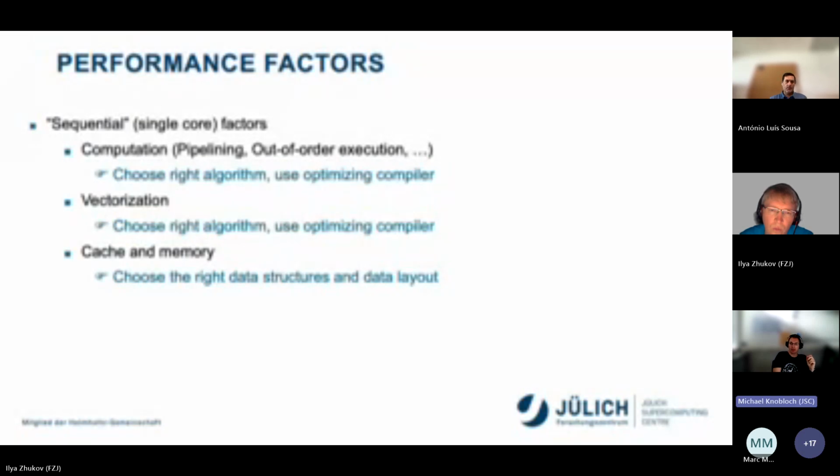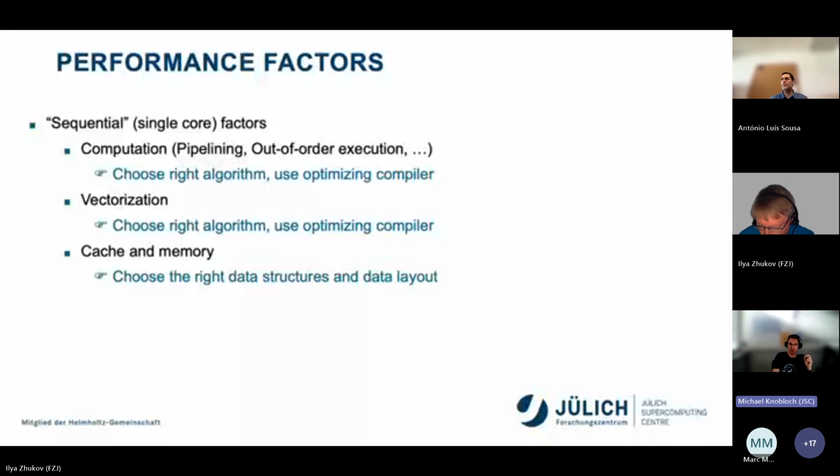Another very, very important point is vectorization. Right now, basically every processor has a vector unit attached to it that is responsible for most of the potential performance of that processor. Right, so you can basically do calculations on 8 values simultaneously. If you don't use vectorization, you basically waste 7/8 of the potential performance of your chip. Right, so keep that in mind. And if you want to make efficient use of the system, use vectorization. Again, choose an algorithm that can be vectorized and use a compiler that actually generates vector code.